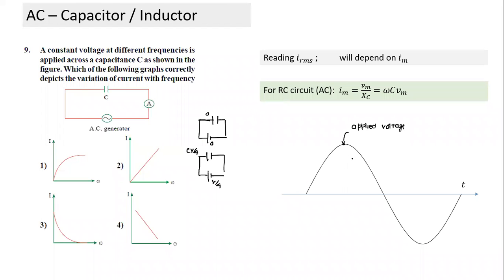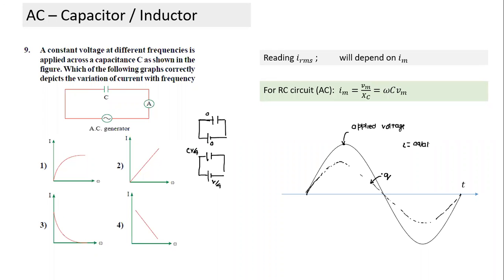The charge will vary. How, if I had to draw the charge time curve? The charge time curve also may be something similar. Yes, sir. But what is current? It's a cosine curve. This is the charge time function. This will be the charge on the capacitor. Now, can I draw the current curve? What is current equal to? dq by dt, sir. dq by dt.